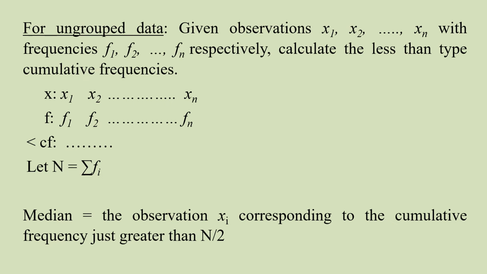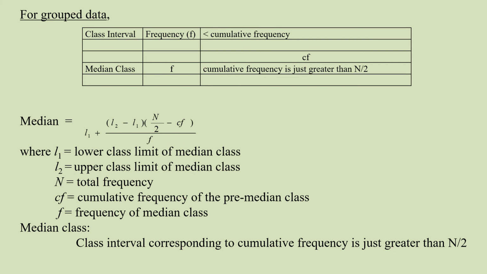For ungrouped data, we need to calculate the cumulative frequencies corresponding to each frequency, the less than type cumulative frequencies. Now, if capital N is sum of all the frequencies, median will be that observation xi which corresponds to the cumulative frequency which is just greater than n by 2, that is half of the frequency. For group data, median is calculated as L1 plus L2 minus L1 into n by 2 minus Cf upon f,